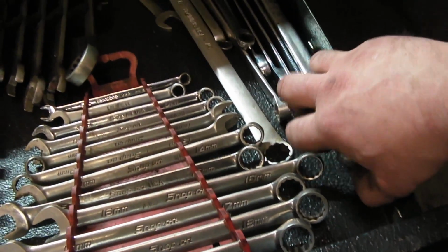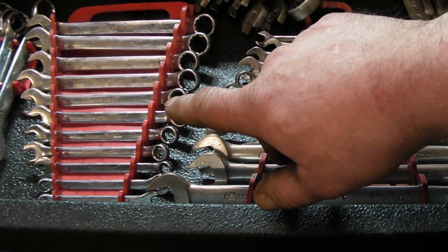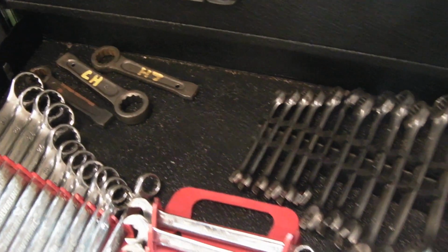They basically ratchet both ends, and they're good at pulling up tight bolts. Well, I have a set of Silverline spanners here, which I never use. I just keep them just in case I lose something. And I have some of these, which are slugging spanners. You use a hammer on them,